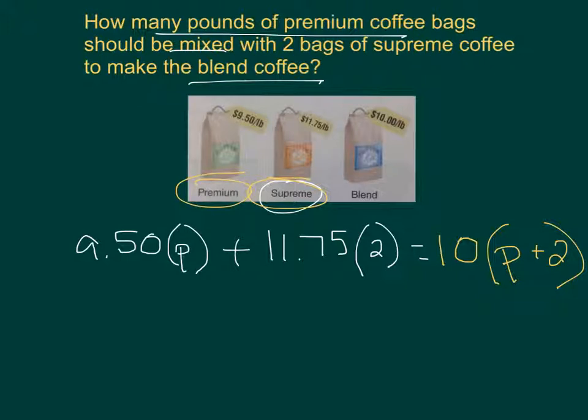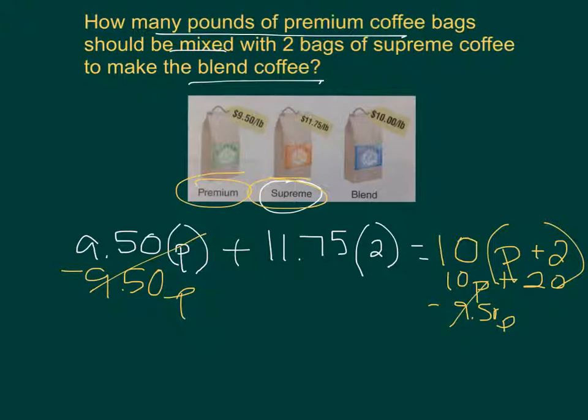You subtract 9.50p from both sides, and this should have been simplified, sorry, by distributing. So you subtract 9.50p, and we are left with 11.75 times 2 equals 0.5p